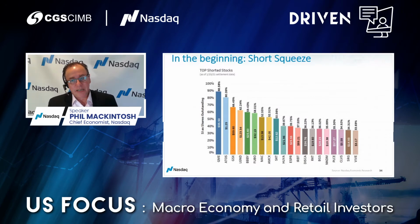Why did we see the meme trade? And I think in the beginning, what we were really seeing was a short squeeze. And so you look at the most shorted stocks back at the start of this year. You see GameStop, you can see a lot of these tickers that we've highlighted with high turnover have short interest well over 50% of the shares outstanding. That doesn't actually mean that the stock doesn't have that many long investors left, because of the way America works. You've got to borrow stock so that you can settle the short trade. And so you basically are selling to a new long investor, which means that the gross long interest is actually larger than 100%. And so having short interest this high doesn't really mean a systemic problem, but it was something